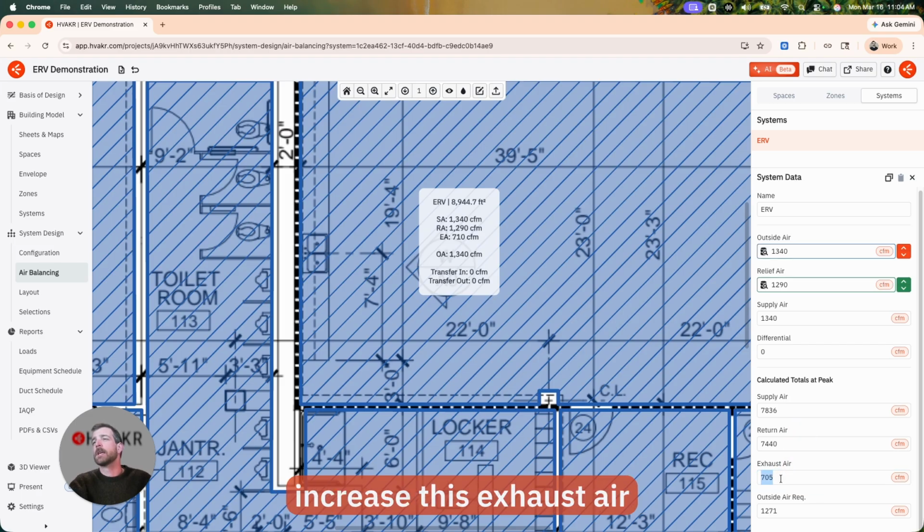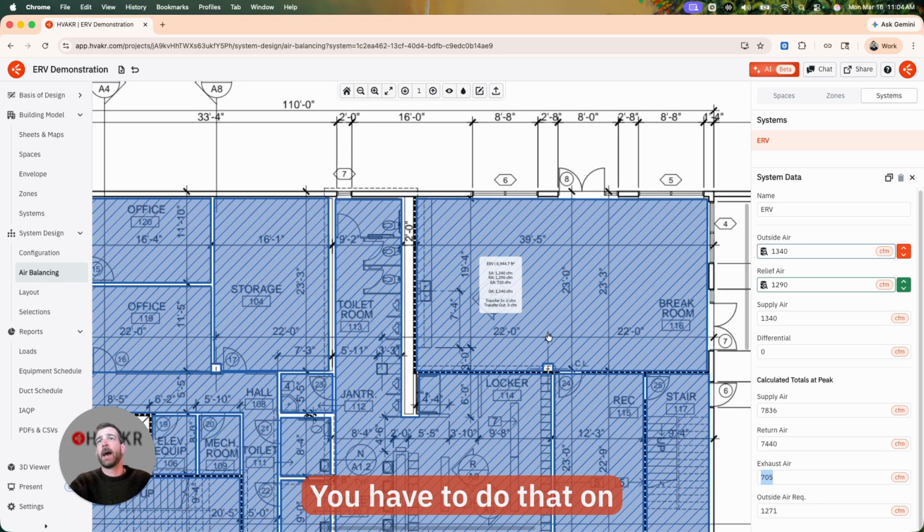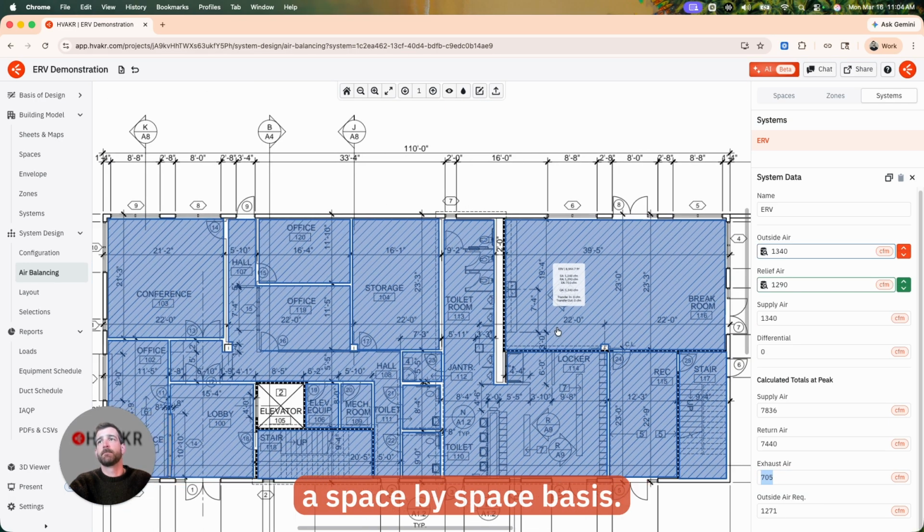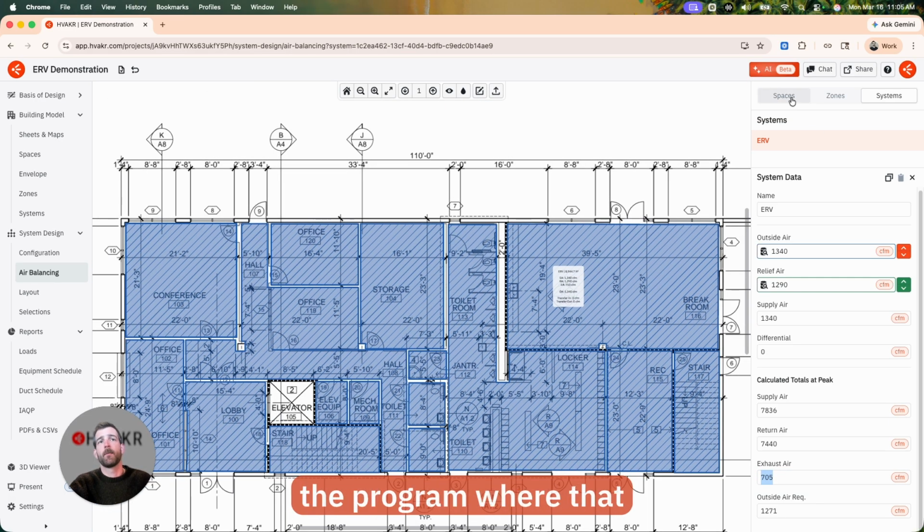So what if we wanted to increase this exhaust air to match the outside air and better balance that ERV and make full use of the ERV? Now in air balancing, I can increase exhaust air to do that. You have to do that on a space-by-space basis. You have to actually tell the program where that exhaust air is coming from. You can't just add that to the total for the system, because then it won't know which spaces to pull